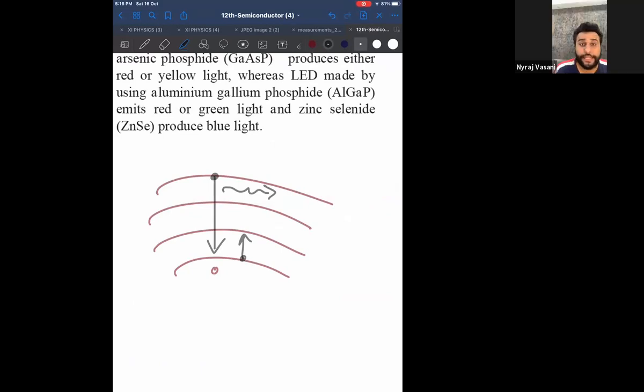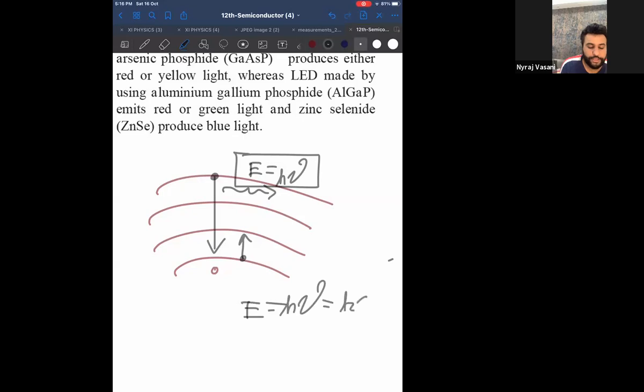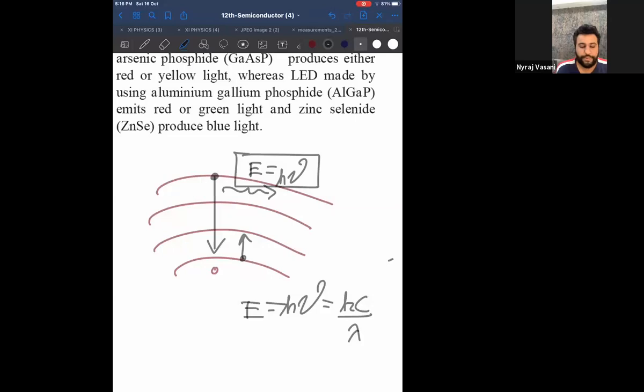Now I'll tell you what is the actual definition. When electrons of certain substances absorb energy, they go from a lower orbital to a higher orbital. And when the electrons jump from a higher orbital to a lower orbital, they give out energy in the form of light, h nu. I hope you know this formula, E equal to h nu, where h is Planck's constant. Energy of light, E equal to h nu, or E equal to hc by lambda, because frequency is equal to c by lambda.